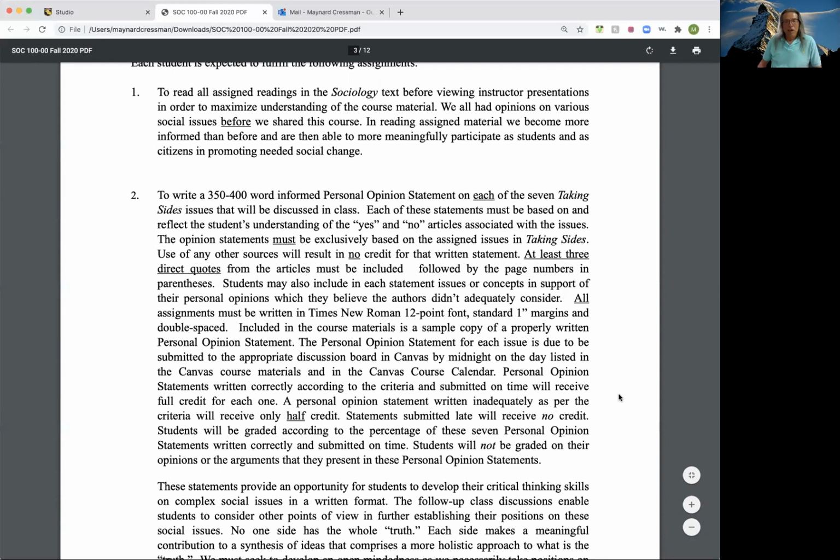350 was the minimum. Now, I always think it's highly amusing, because I recommend to students when they do these papers, why don't you use word count? That way you make sure you had 350 words. And sometimes students would submit the papers to me, and they would have 330 words there, and they would have forgotten to look at it. And so they submit it, and I say, oh, I'm sorry, you only get half credit. You don't have 350 words. What do you mean I don't have 350 words? Look at your word count, 330. They didn't even look at the word count. I don't know what to tell you. Help me to help you.